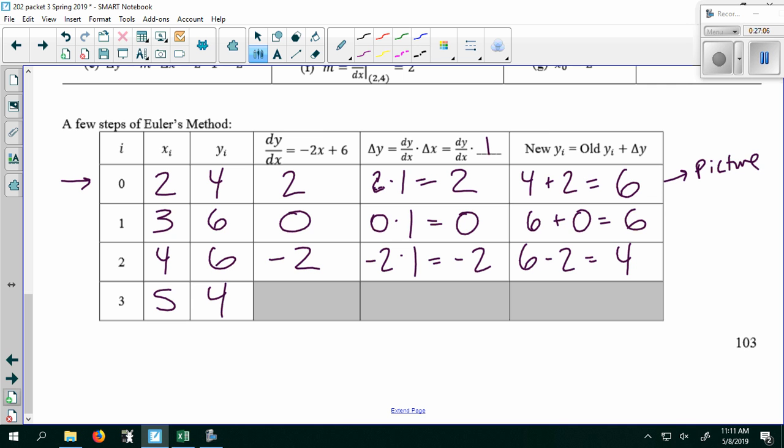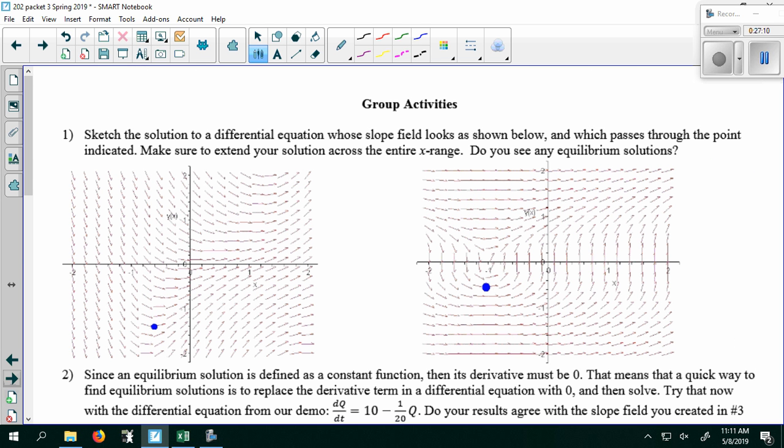And I'm going to have you do some practice. I'm actually going to have you do the group activities in a different order than they're presented. I want you to do 5, 6, 4, 1, 2,